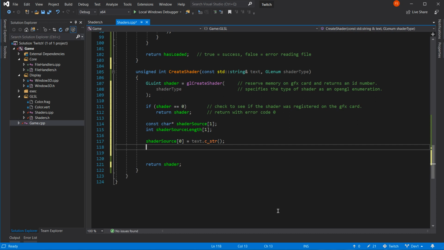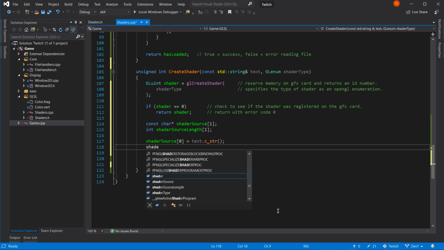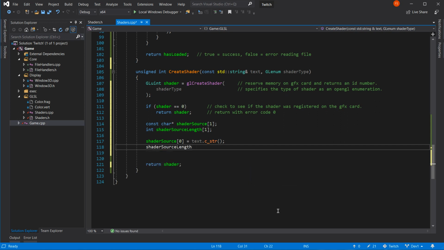So let's put that shader source length in. And we'll just use 0 again.